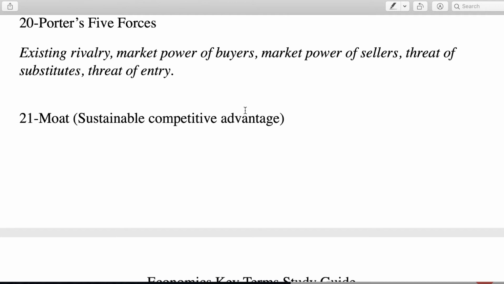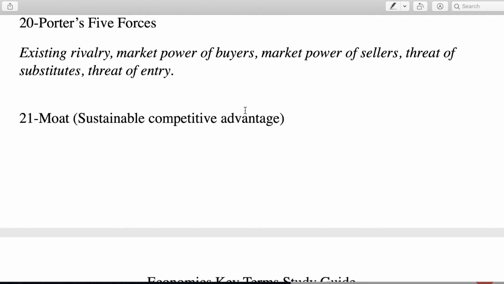Existing rivalry refers to the competitive balance of the market already. So think of the airline industry, the existing rivalries between firms like Delta, Southwest, American, and so forth. Market power of buyers: some of the big determinants are whether your individual buyers are strong relative to the firm, or